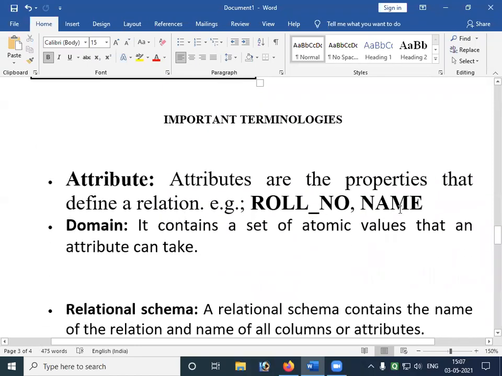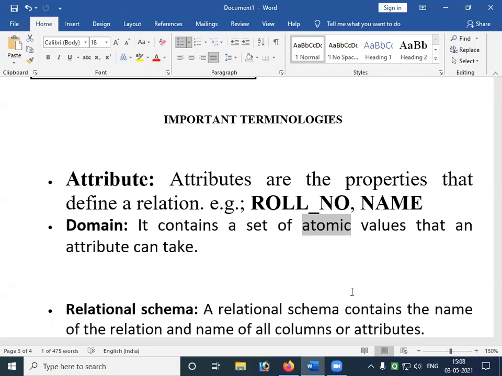Important terminology. Attributes are the properties that define a relation. Domain contains a set of atomic values. Atomic means which cannot be divided further. A single value is called an atomic value. These are all the terminology. You are new to this DBMS, so now we are only talking about the basic terminology.